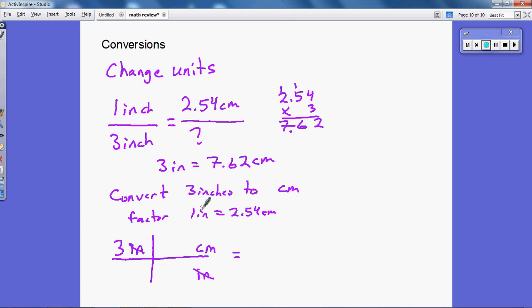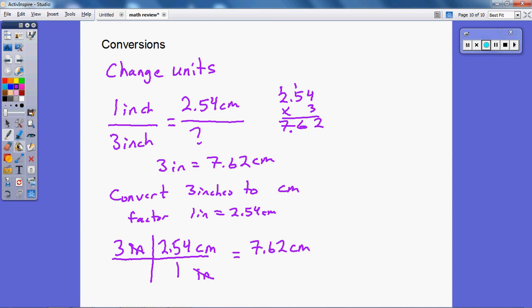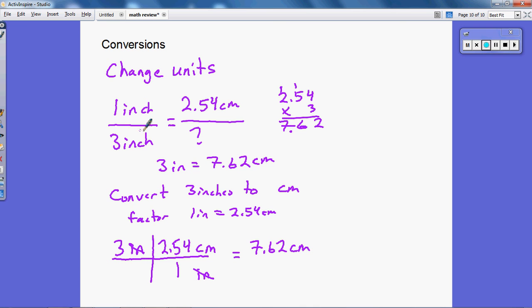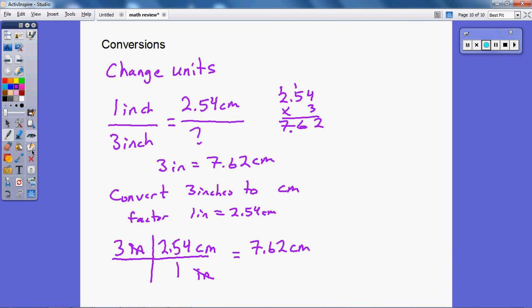We now take our conversion factor and write it into our little grid here. So 2.54 centimeters is the same as 1 inch, and we once again get 7.62 centimeters. This works for any and all conversions. They are all set up in some way like this or in some ratio like this. To do more complicated ones,